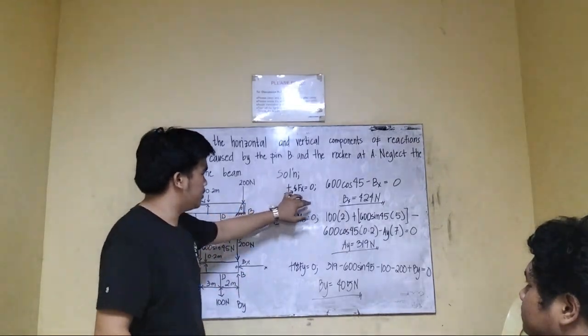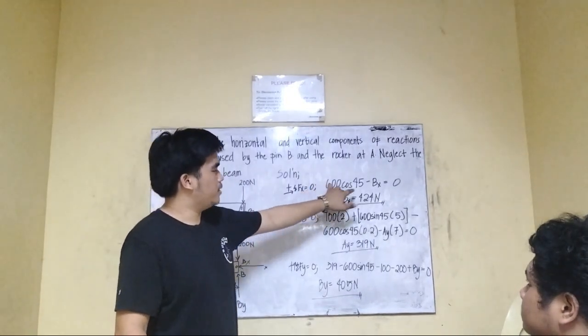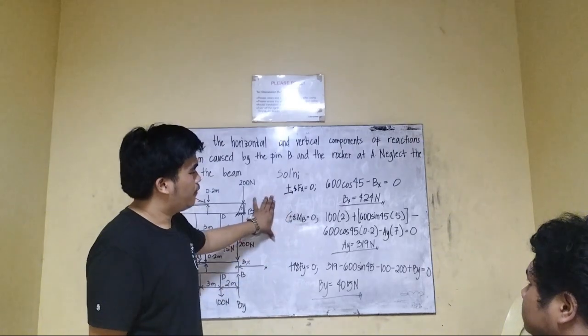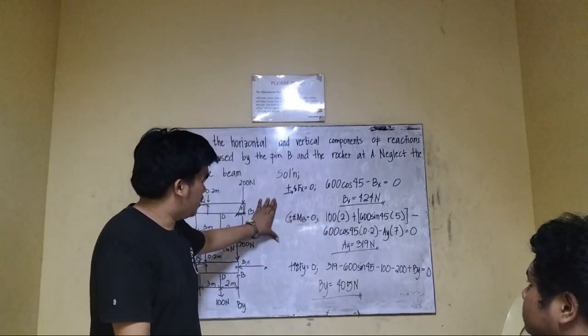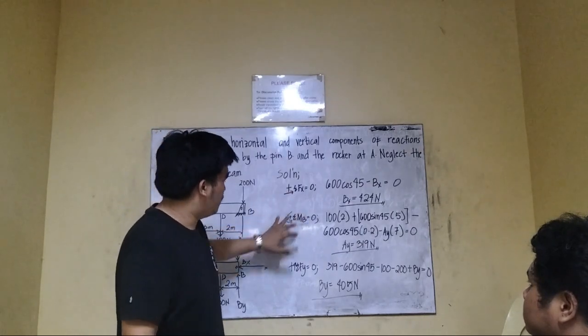Summation of Fx equals 0. So 600 cosine 45 minus Bx equals 0. So the answer is 424 Newton. And the moment at B, we have 100